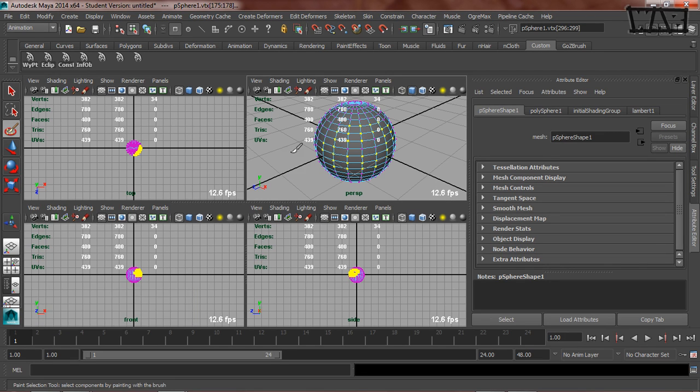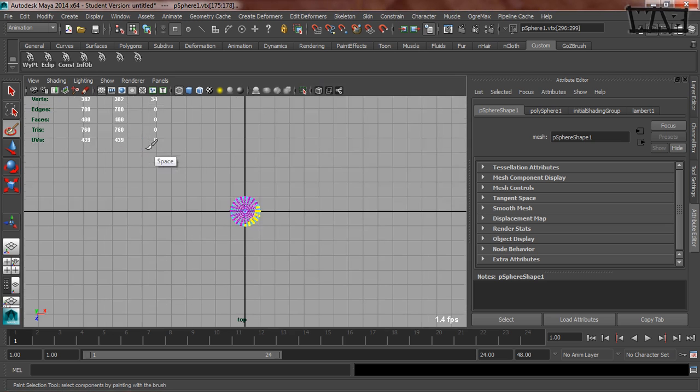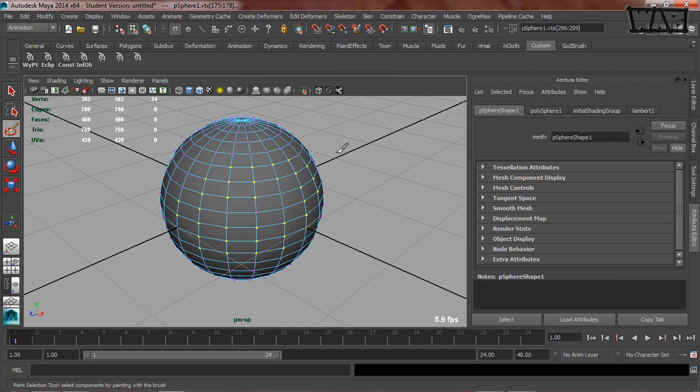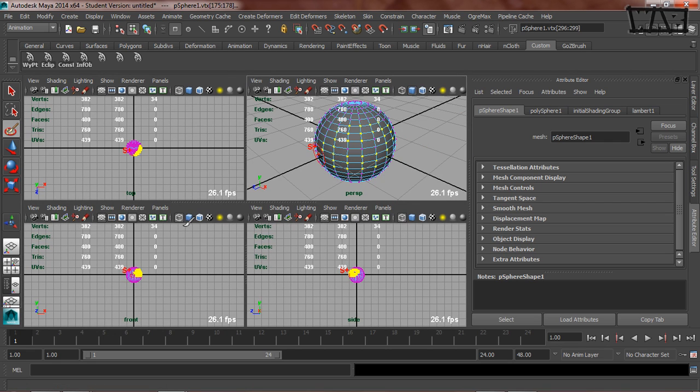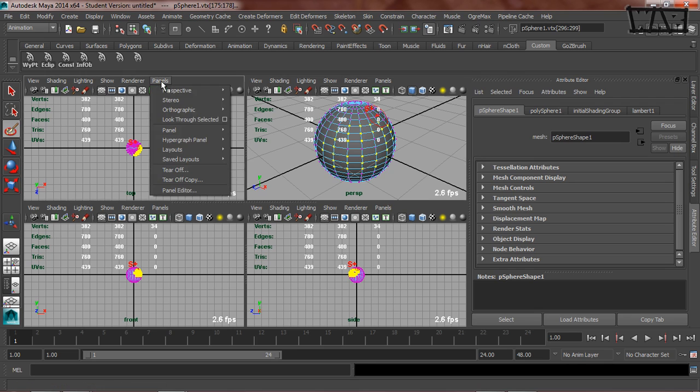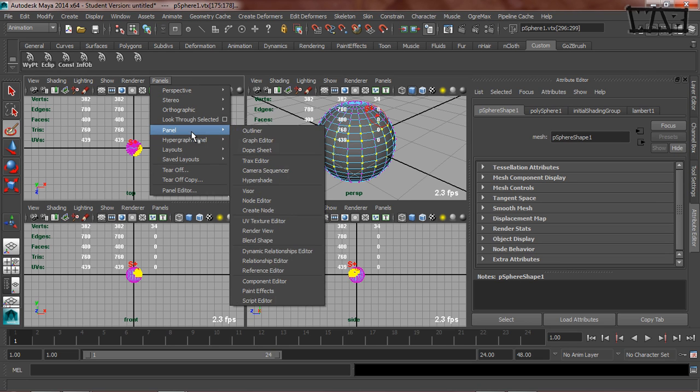To change views in Maya, all you have to do is hold your mouse over the view that you want to be maximized and tap it. Okay? Then if I want a different editor than viewing geometry, then all I have to do is go to one of these panel menus in the pane menu bar. And then I can go through